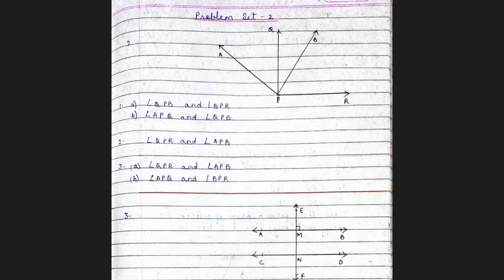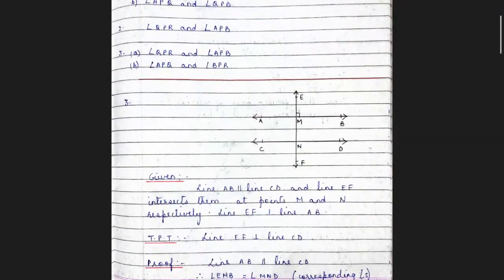So how do I get it? It's like this: angle APQ plus angle QPB, okay, angle QPB plus angle BPR. So you find angle QPB common in both, and both sums are perpendicular, that is, angles which are 90 degrees. So that can be cancelled out, and so you get angle APQ congruent to angle BPR. Okay, so that's the second question.